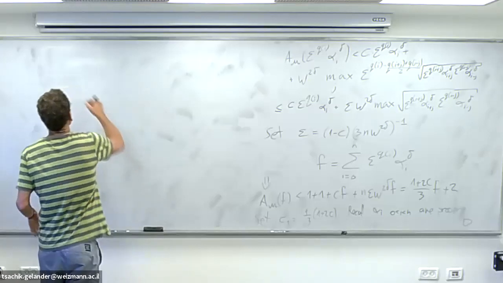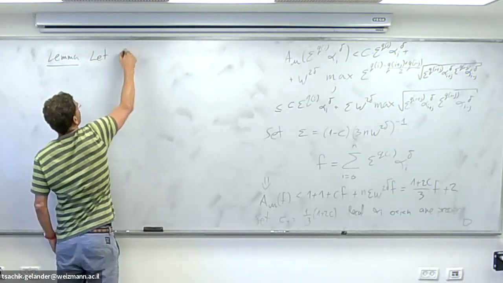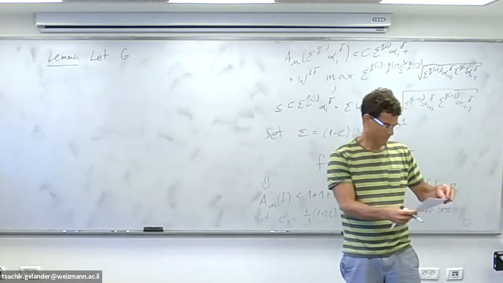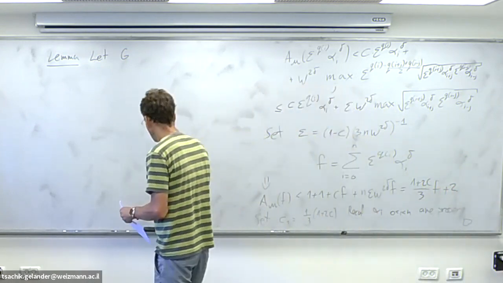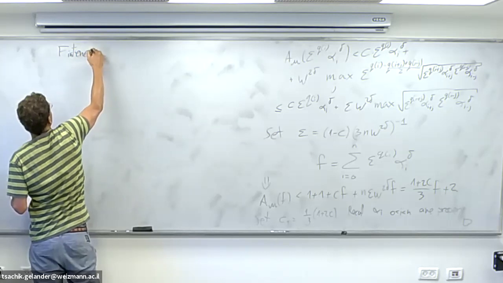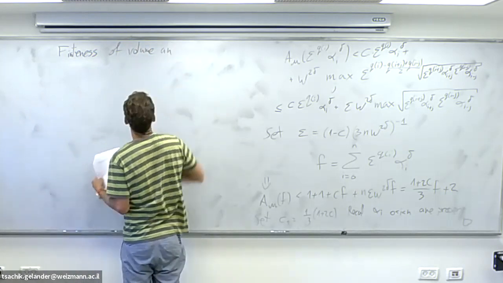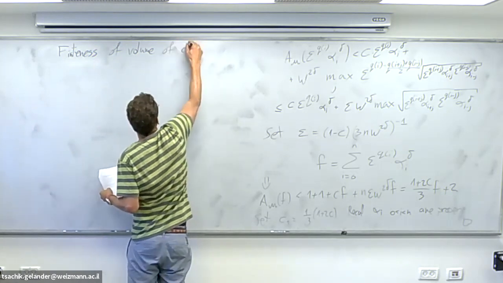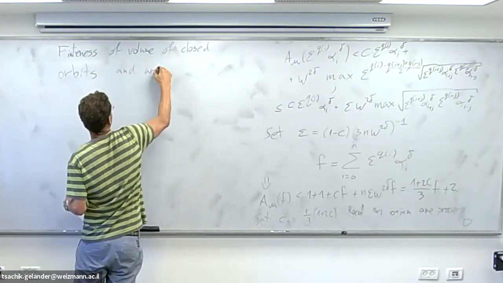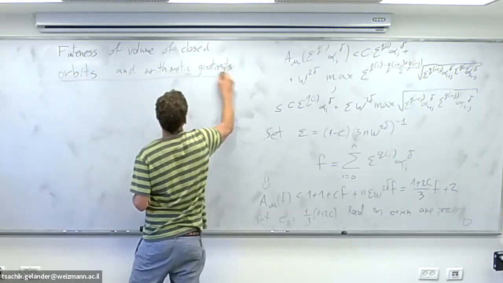But let me just, okay. Let's now see a lemma. So let G be... Let's give it finiteness of volume, and no volumes. And on 20. So there is still something to say, but